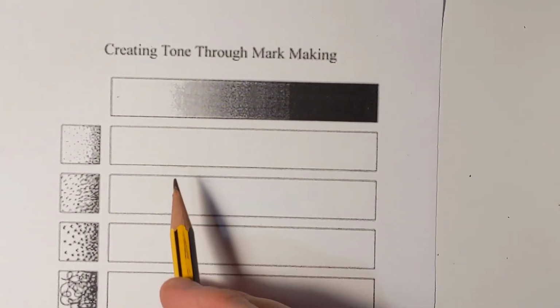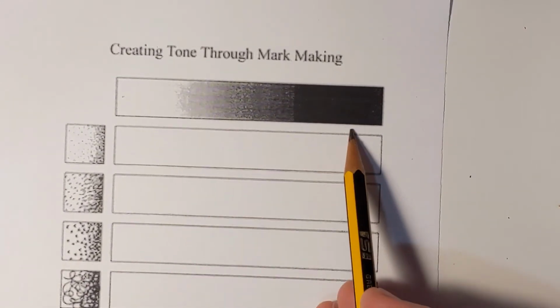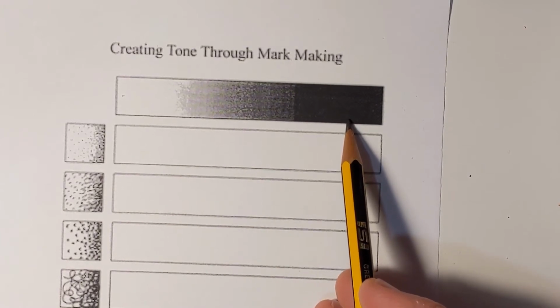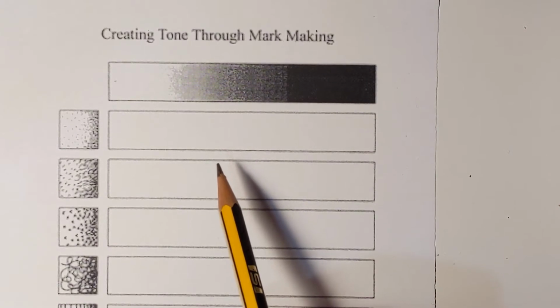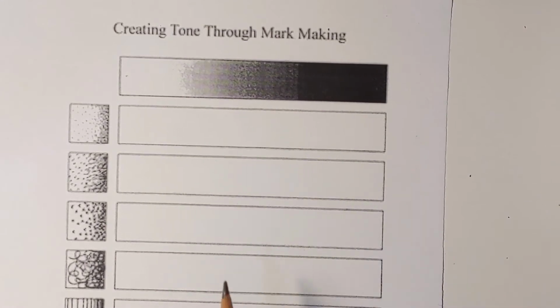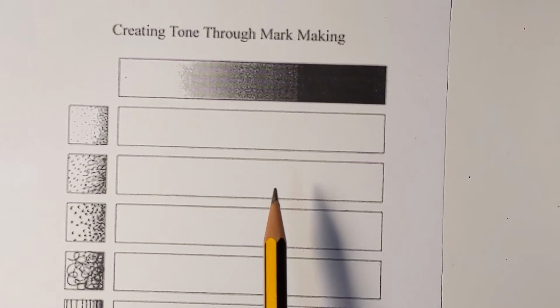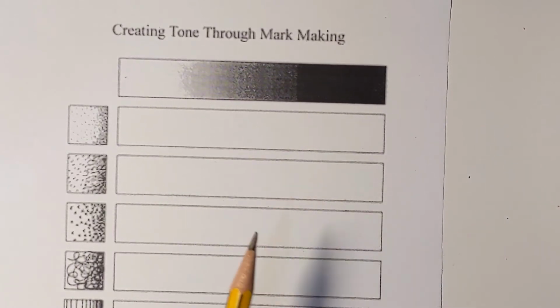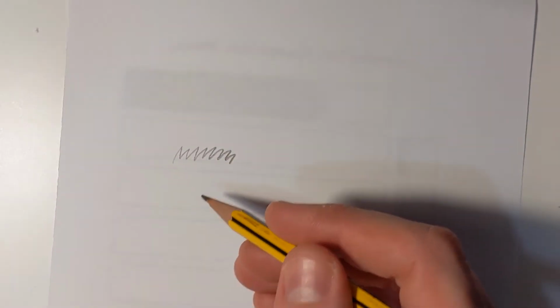You've already learnt how to use the side of your pencil to gradually shade from light to dark, but there are other ways of creating tone or value, and we're going to learn how to create tone by using mark making. Now, mark making is a term that we use in art just to describe the different lines, patterns and textures that we can create with our pencil or our paintbrush or any other art material. So if you've ever just sat and doodled in class, hopefully not when you're meant to be concentrating,